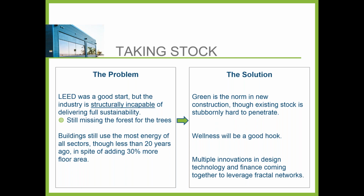But in the 30 years of experience I have, it's also become very clear to me that the market as it's structured is not capable of hitting that 80% reduction by 2050, mainly because it's too diffuse, with too many independent players with differing objectives out there. The only way we can get to the kinds of emissions reductions that we need is to have integrated teams that are basically assigned to buildings over their life, from design through construction on into operation, the same group of people responsible for it,